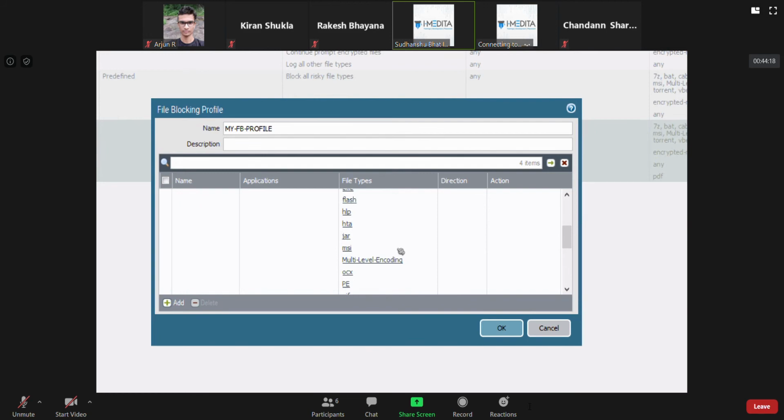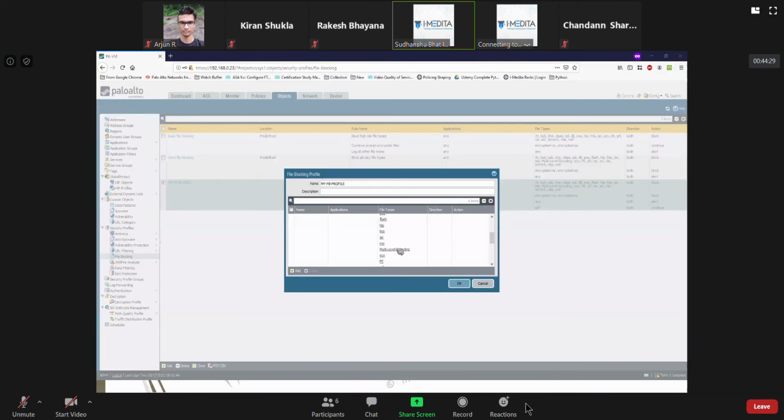Multi-level encoding file type means what? It means a file which is beyond 4 levels. Up to 4 levels it can decode, but if something is beyond 4 levels, you don't want it to be allowed to download.